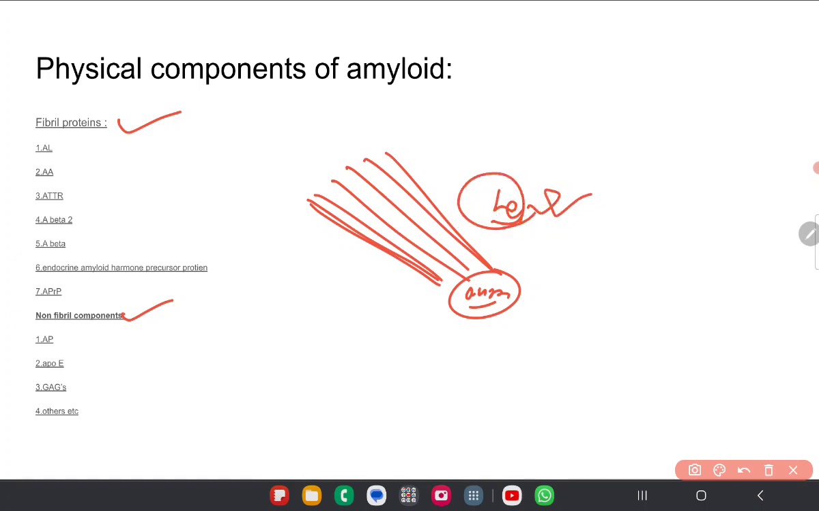These protein-like structures are divided into different forms. As in the case of AL, in multiple myeloma there are light chains. Light chains are accumulated, and this is known as AL, amyloid light chain. What is AA? It is amyloid associated. What is associated? It is not a direct thing, but whenever a disease is caused, it leads to